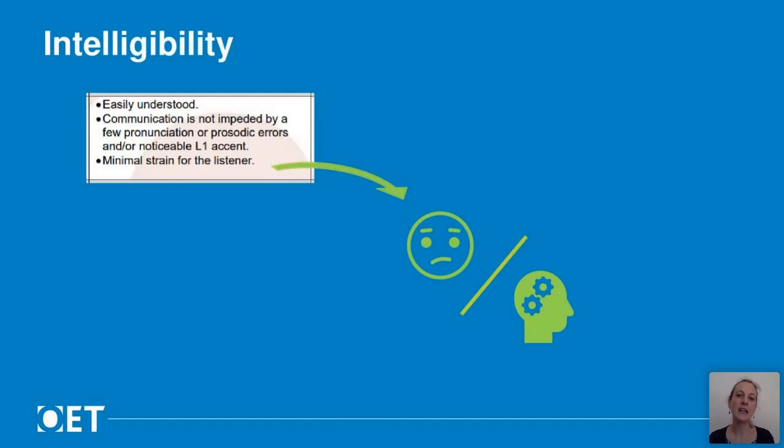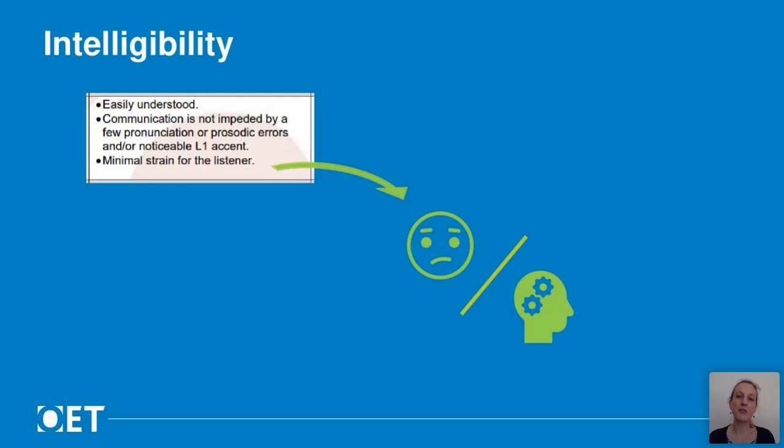Another indicator that there is strain is if the interlocutor doesn't answer the question as you expect. Perhaps they just say, yes. This is something we do in English when we know we've been asked a question, but we haven't understood it, and we don't like to ask what you meant.